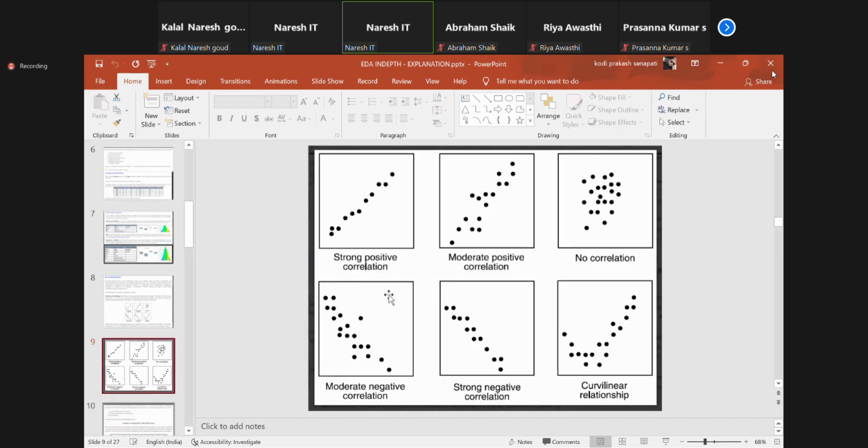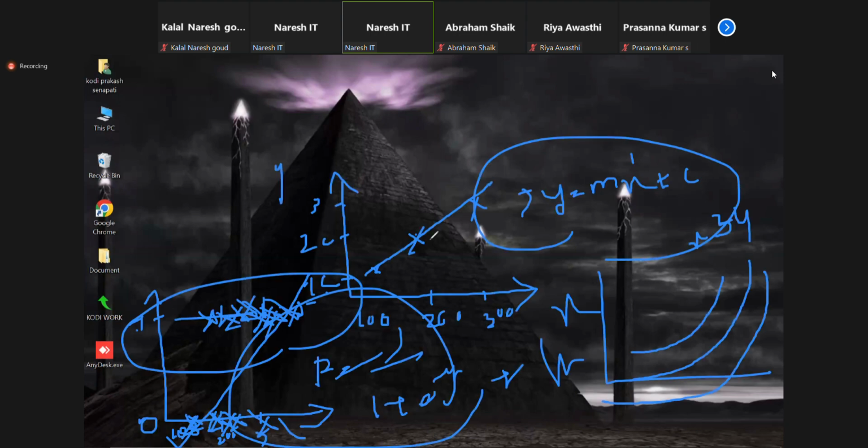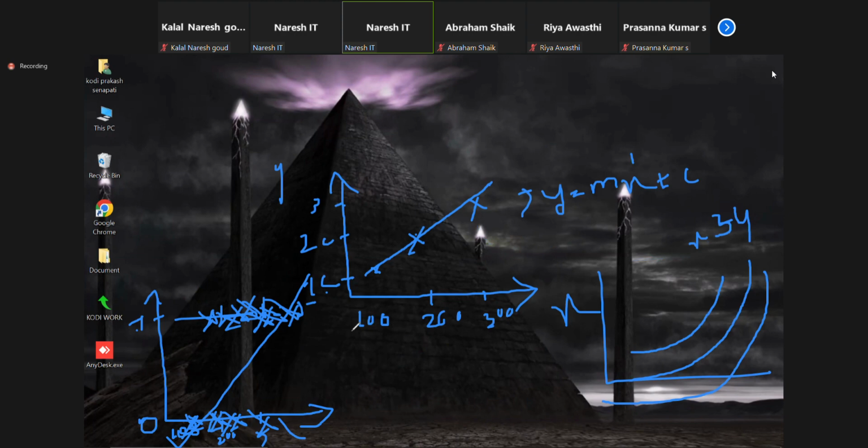Look at the pattern. This pattern belongs to strong positive correlation. What type of correlation, guys? Strong positive correlation. What exactly does that mean? If you see this regression of square feet of the house and price of the house, is the graph we got strongly correlated or not? There is a high bond between the two attributes, isn't it? In a family, father and mother have the highest correlation for the family, or not?